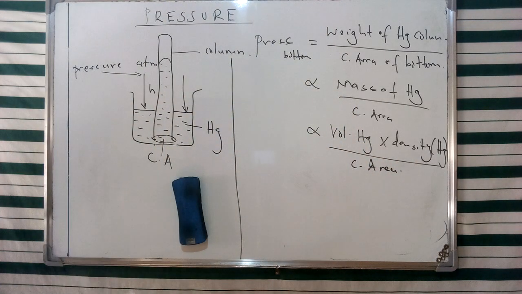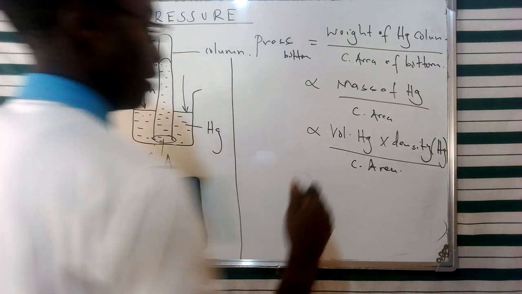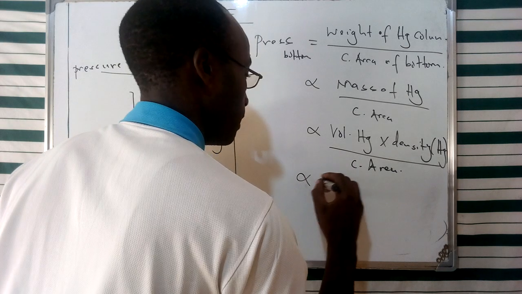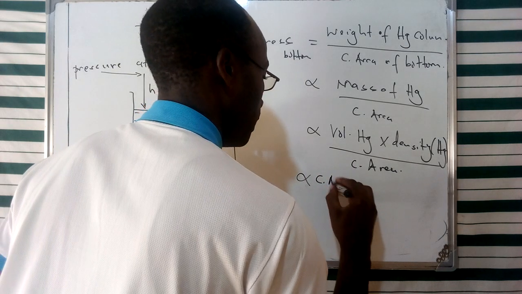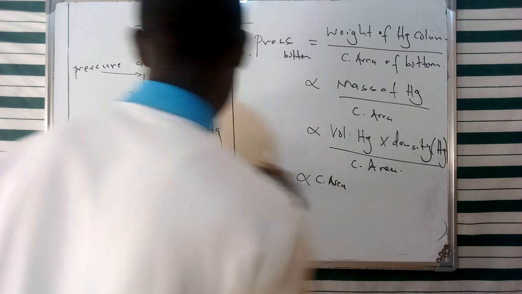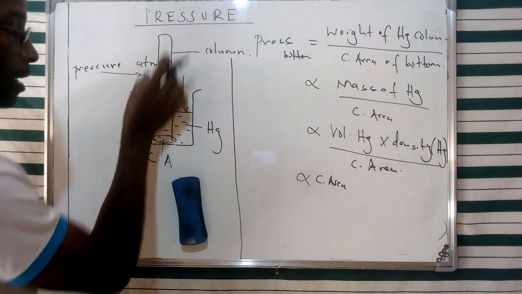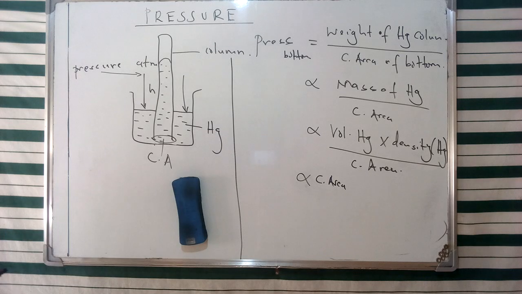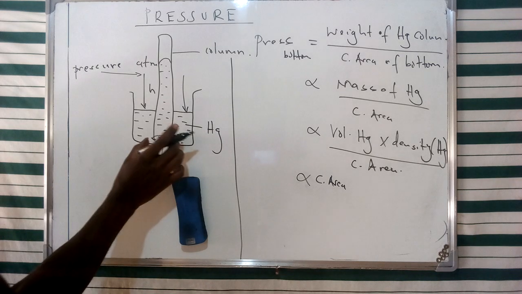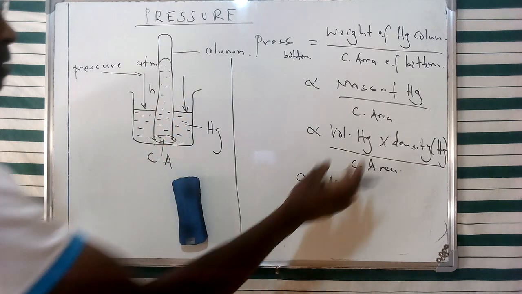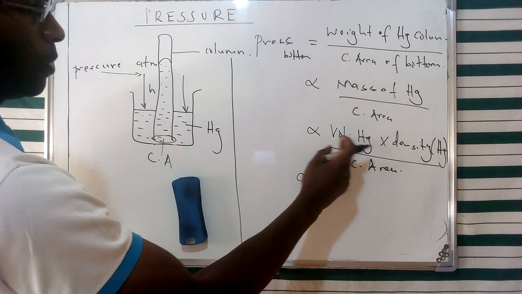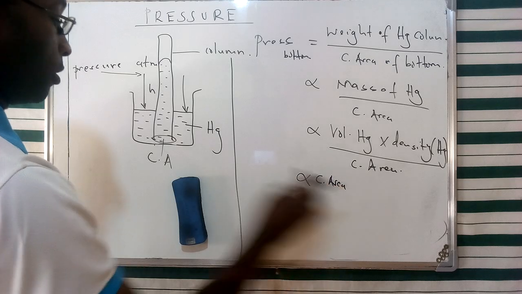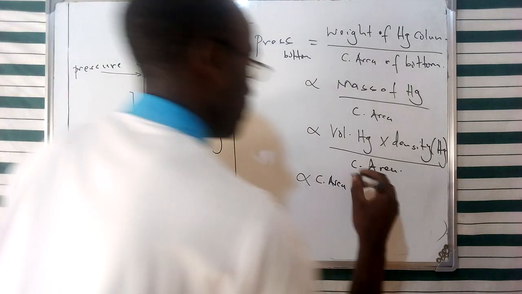said. And this is going to give us a proportionality whereby we are going to have a volume still expressed in terms of the cross-sectional area of this specific bottom times the height. So basically from the study of regular figures, we said that we can find the volume of a cylinder by finding the cross-sectional area times the height. So therefore I'm going to employ the same concept in finding the volume of mercury by multiplying the cross-sectional area given as such times the height